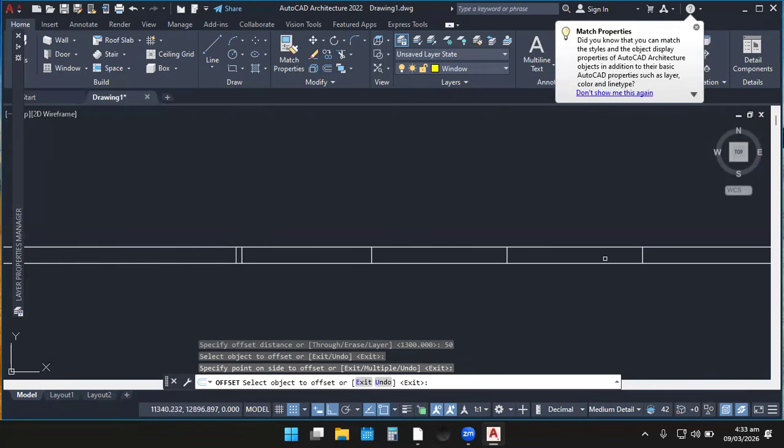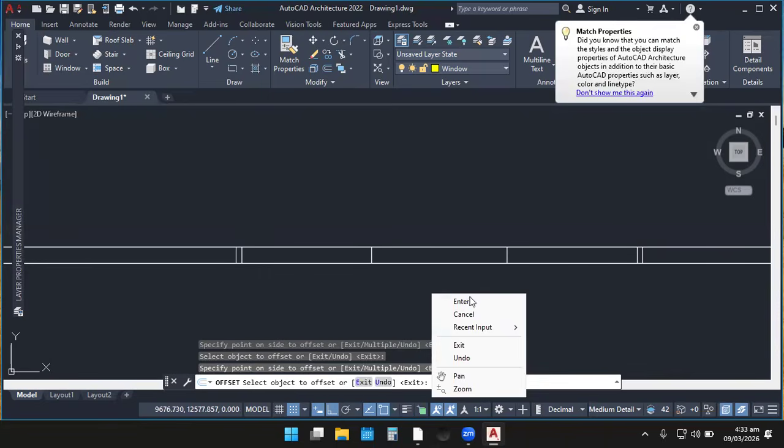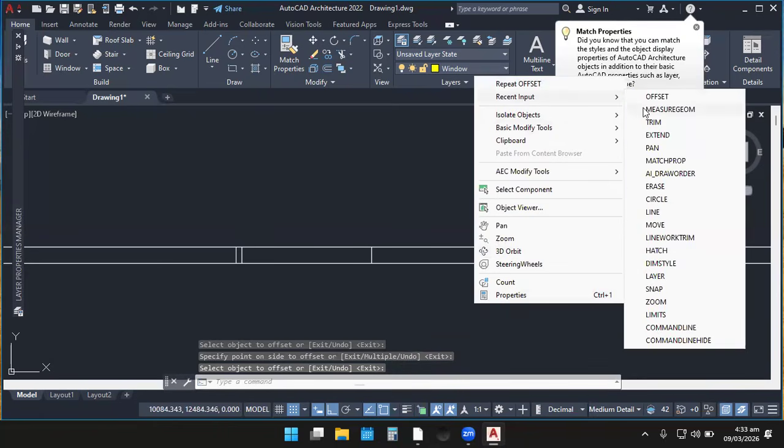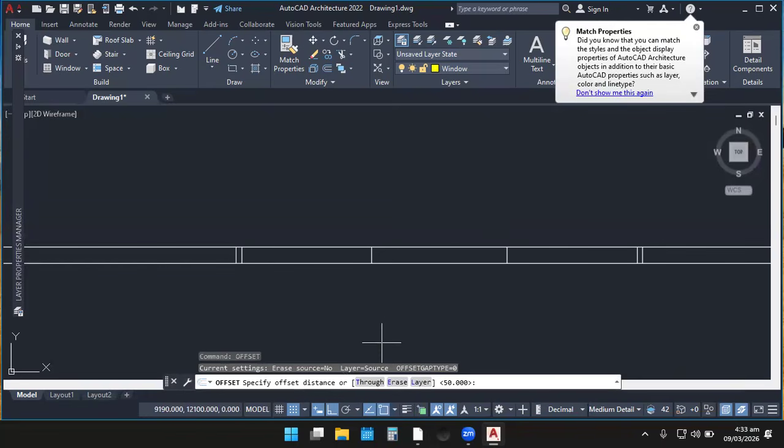You come and offset 50 for this wood too. For the internal ones, for accuracy reasons, let's offset 25/25. Let's remove this, enter, then go to Recent Input and select offset, or you can even click repeat offset. This time I want to use 25.